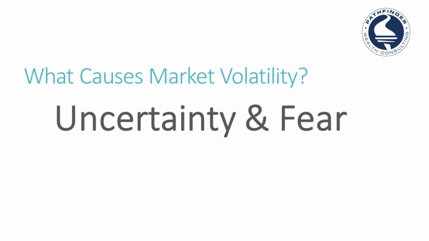So what causes market volatility? If I had to summarize it in one word, I would say uncertainty. So we're seeing that today in the markets. We've seen that for the last 2 months in the markets, and uncertainty is one of the things that the stock market hates the most. So when the market doesn't have data to go off of, it works off of uncertainty, speculation, fear, and that's just what we're seeing right now.